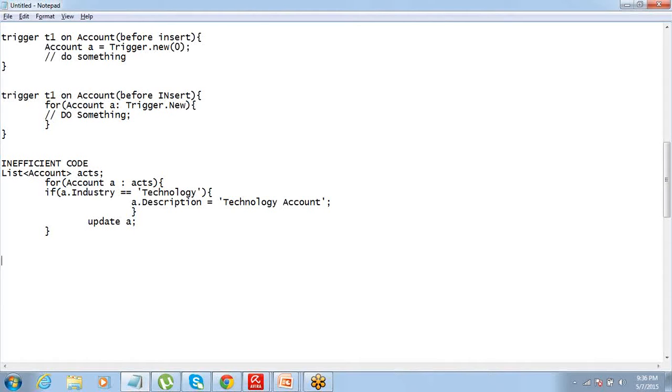So what is the efficient way of writing this? The correct way of writing it, define it like this.